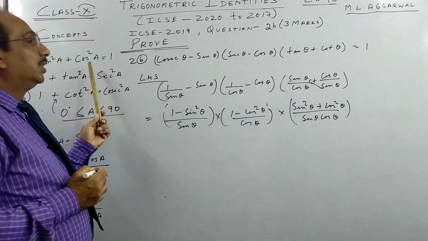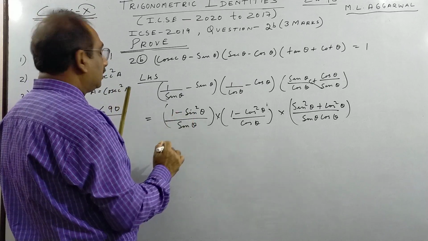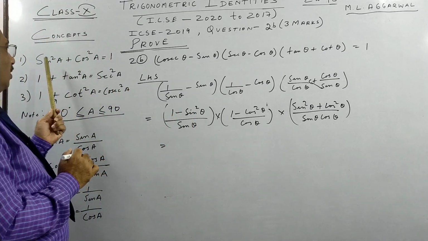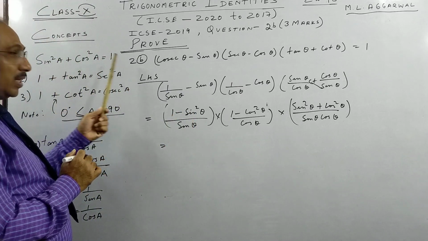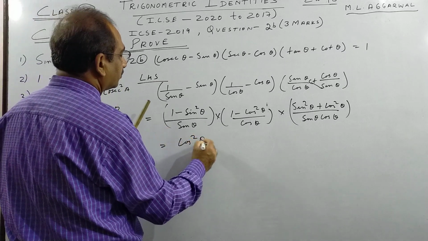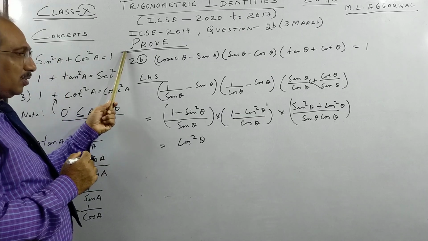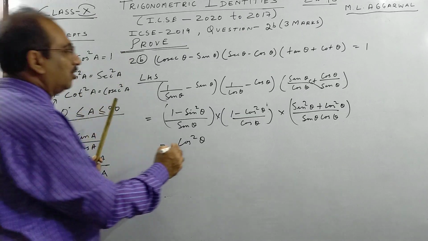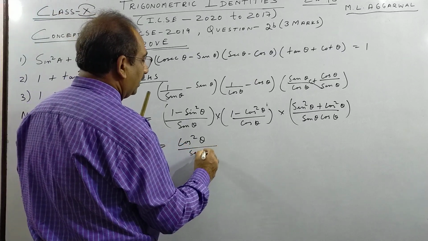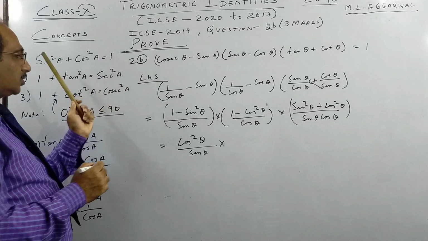First square relationship. So next what we have is 1 minus sine square. Again see this, sine square goes there, so 1 minus sine square is cos square. Once more, if sine square goes there, 1 minus sine square, you get cos square, and if cos square goes that side, 1 minus cos square is sine square.